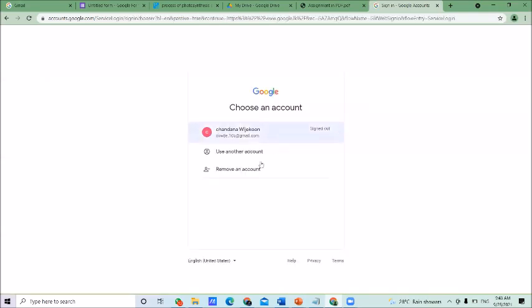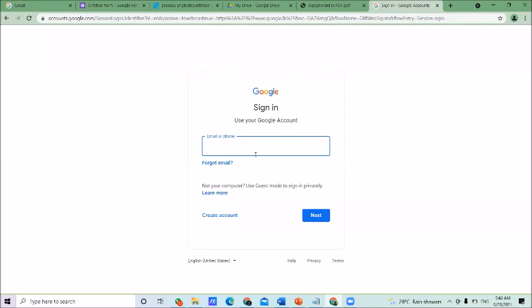To make things in Google Sites, the first thing is you want to sign in with a Google account. Therefore, the first step I am showing you is how to sign in with a Google account.